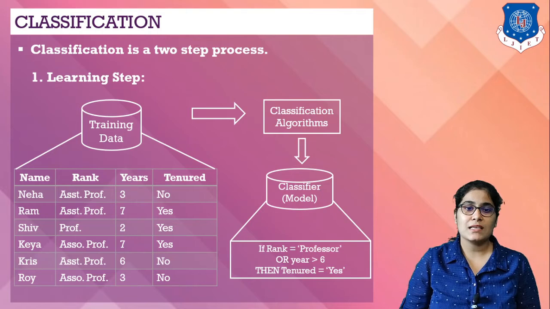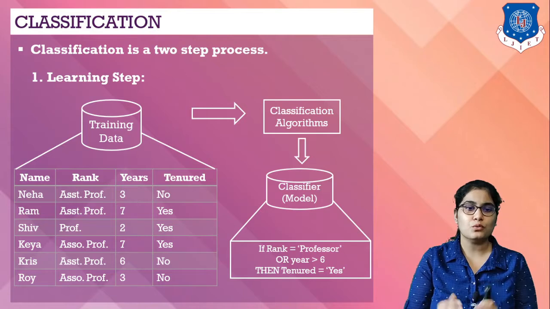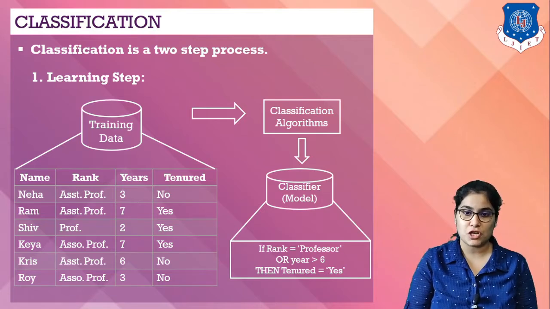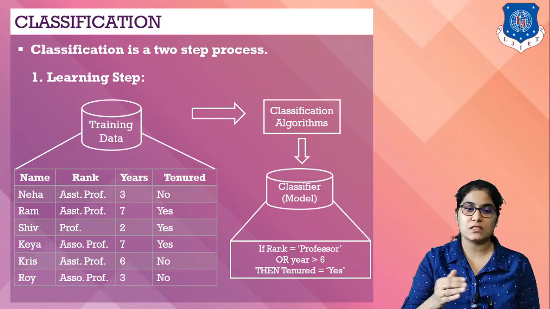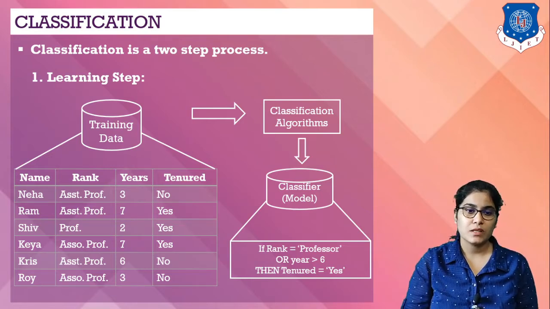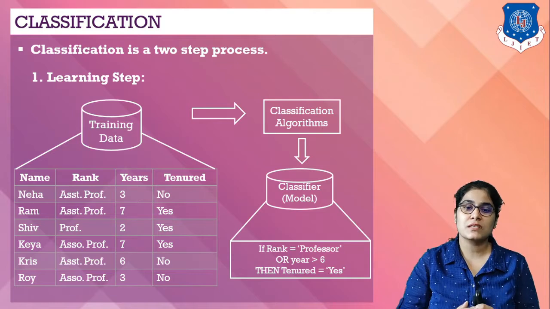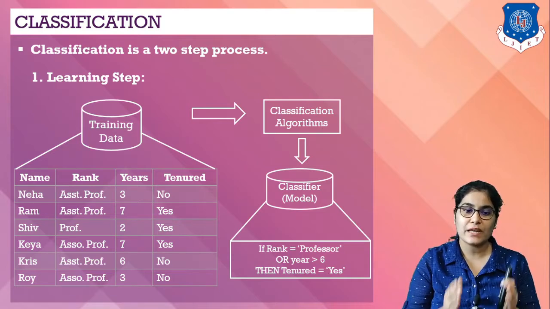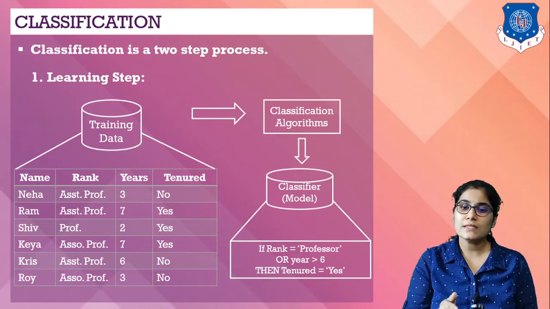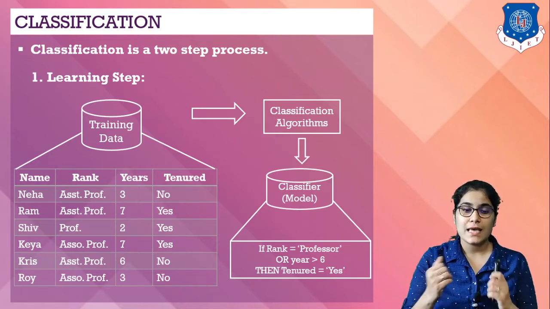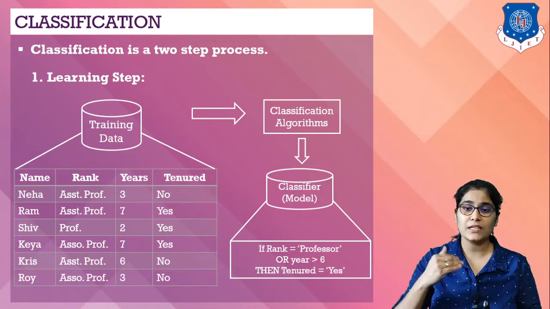The first step of the classification process can also be viewed as learning a mapping or a function that can predict the associated class label of a given tuple X. In this view, we wish to learn a mapping or function that separates the data classes. Typically, this mapping is represented in the form of classification rules, decision trees, or mathematical formulas. In our example, the mapping is represented as classification rules that identify tenure of a faculty. The rules can be used to categorize future data tuples as well as provide deeper insight into the data contents.